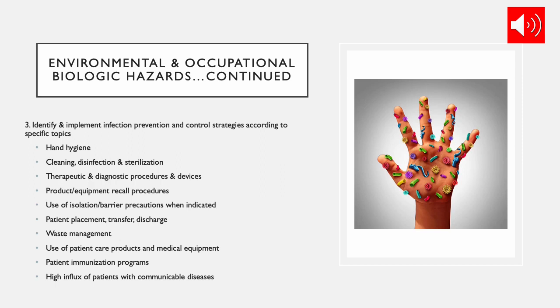So we divide topics by hand hygiene, how we clean and disinfect our equipment, what our diagnostic procedures and devices are, and how we prevent infection during diagnostic testing, whether minimally invasive